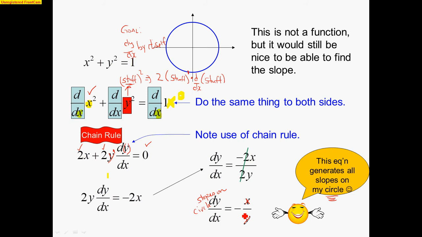The y coordinate has not mattered. And that's why the whole vertical shift issue, right? The derivative of x squared, 2x, is the same as x squared plus 1 or x squared minus 2. But notice here, the slopes on my circle are the negative ratios of the x coordinate